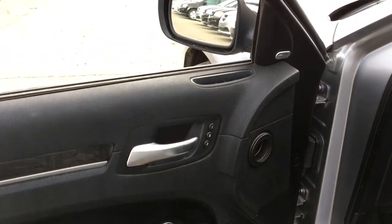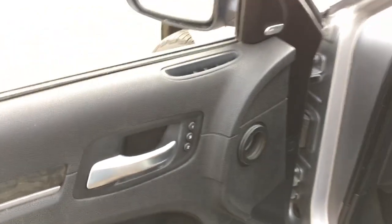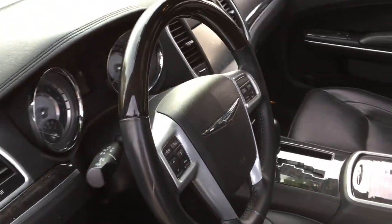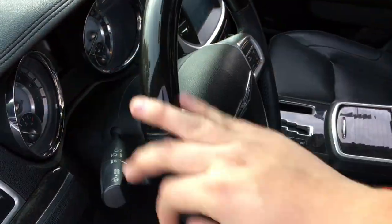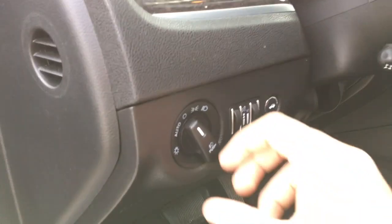And this does have driver's seat presets. You can save up to 2 presets, and by the push of one of these buttons, the driver's seat will adjust to your preset settings. And this has the Alpine Sound System, giving you exceptional sound quality. This has a leather wrapped steering wheel with unique texture on the top here. Feels great. It is a power telescoping steering wheel, and this has automatic headlamps, so you can set it and